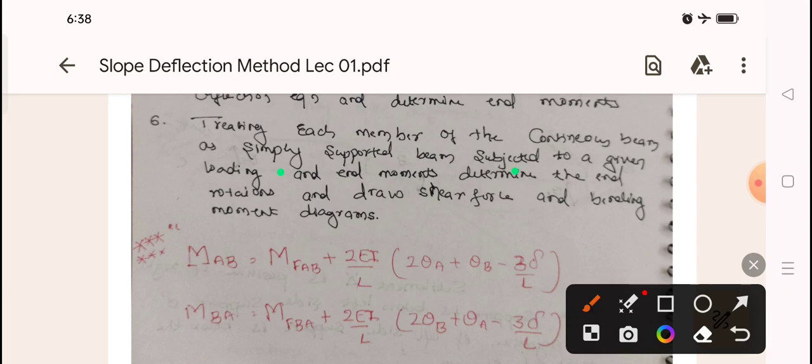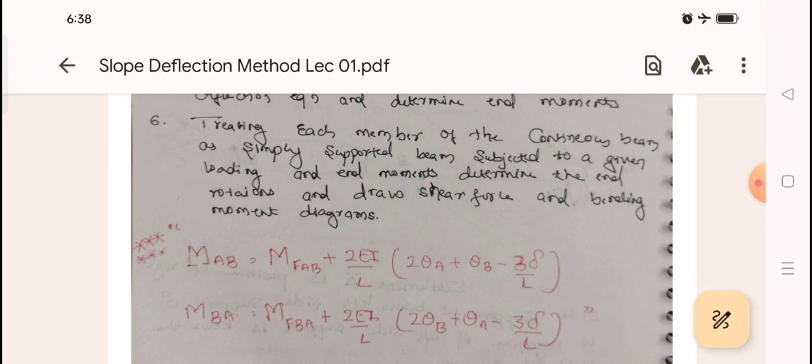The slope deflection equation is MAB is equal to MFAB plus 2EI by L into (2 theta A plus theta B minus 3 delta by L). This is the formula. Okay. Next, after that,